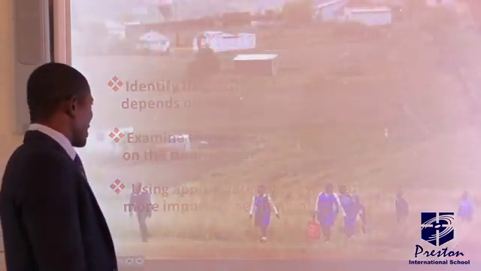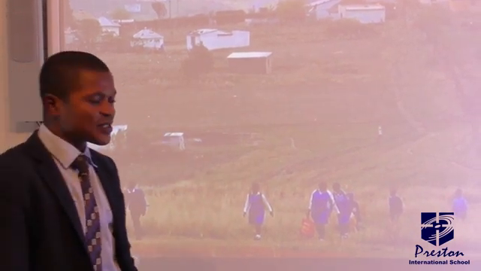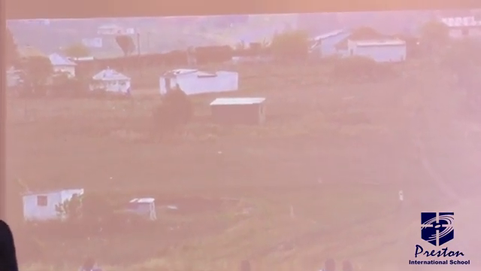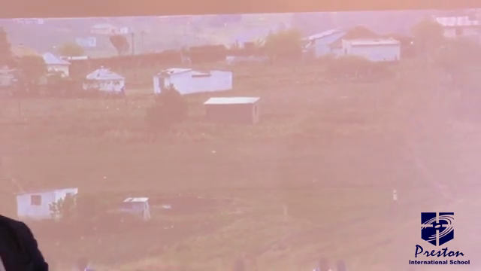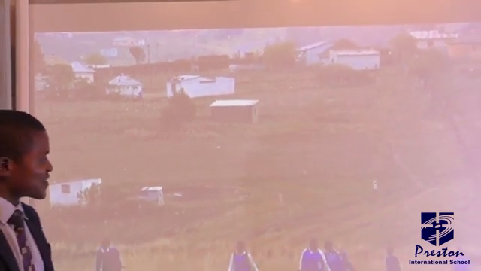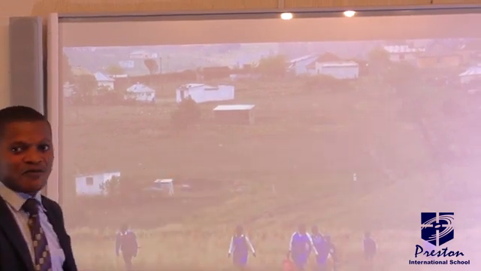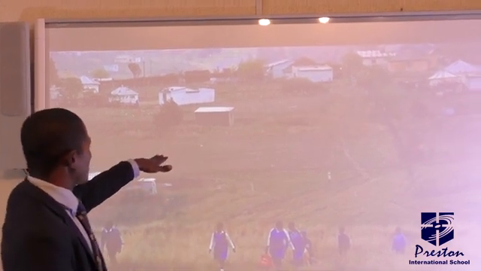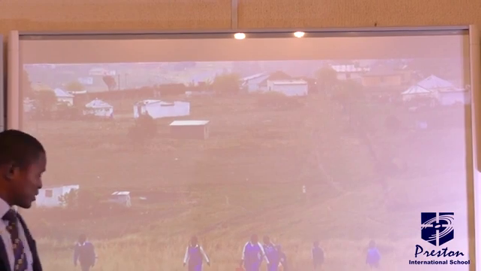Now, let's look at an example of this settlement. Which type of settlement do you think this is? Is this urban or rural? Don't forget the description: a rural settlement is an undeveloped settlement, while an urban settlement is a developed settlement. Which type is this? Without wasting time, this is a rural settlement. You can see buildings are scattered everywhere. In fact, they are low-rise buildings, and there are just a few buildings there. This is a rural settlement.